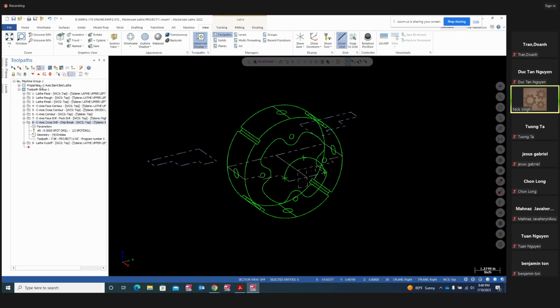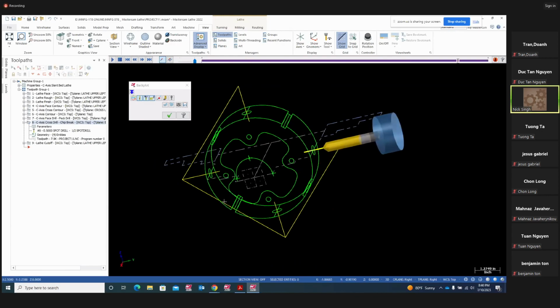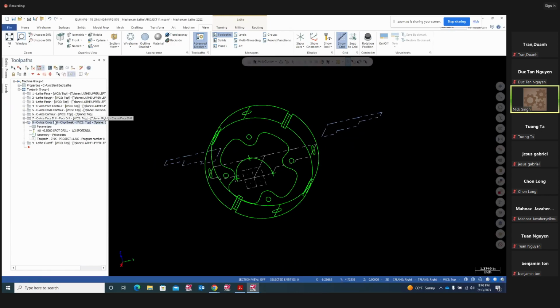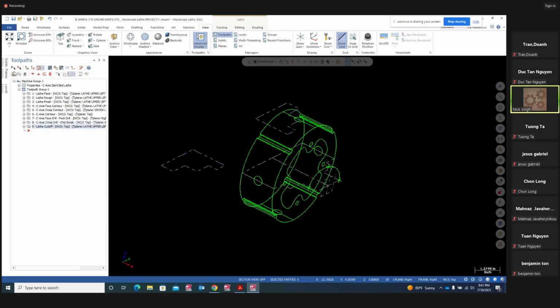Regenerate. There we go. So that is going to drill these holes 1, 2, 3, and 4. Those 4 holes. That is your cross drill. So anything you do in the diameter is going to be your cross drill. And the last tool is going to be your lathe cutoff tool. It's going to be the last tool. So if you just select all the operations and run it,